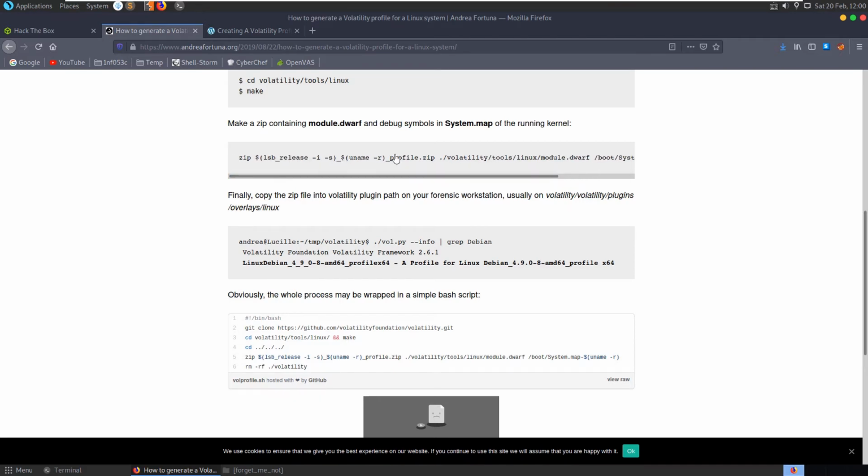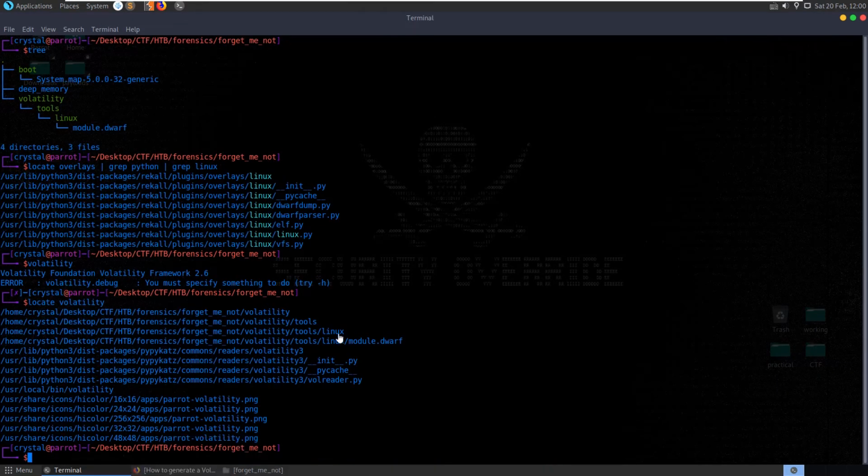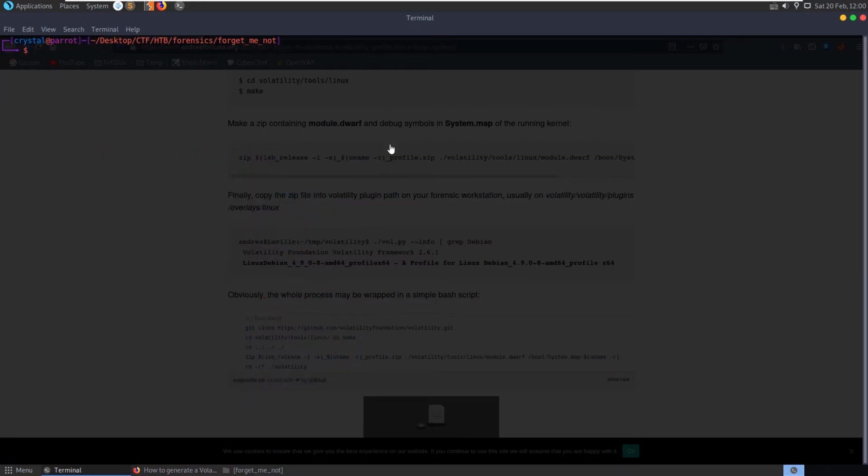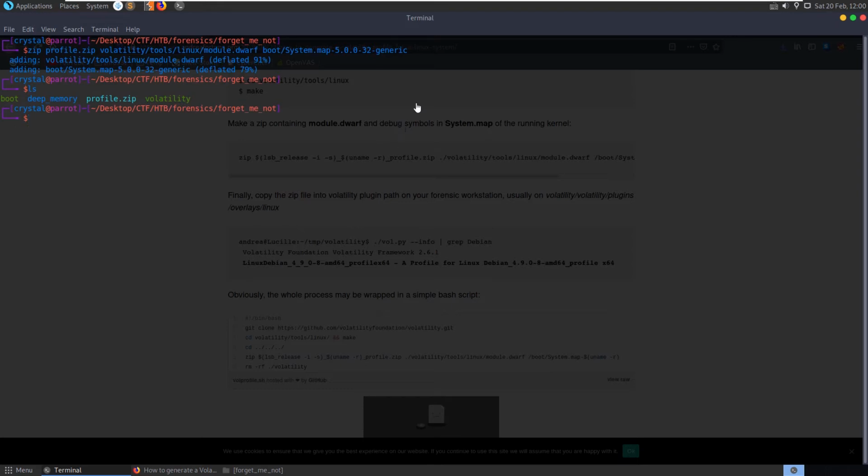Let's create the profile first of all. Let me keep this open so I can see what's going on, and we'll do zip. I'm just going to do profile.zip, and we're going to give it the volatility tools Linux module.dwarf, and we're also going to give it boot and then the system map generic. Zip up that profile. Now we have the profile there. The issue is just supplying this profile, usually in